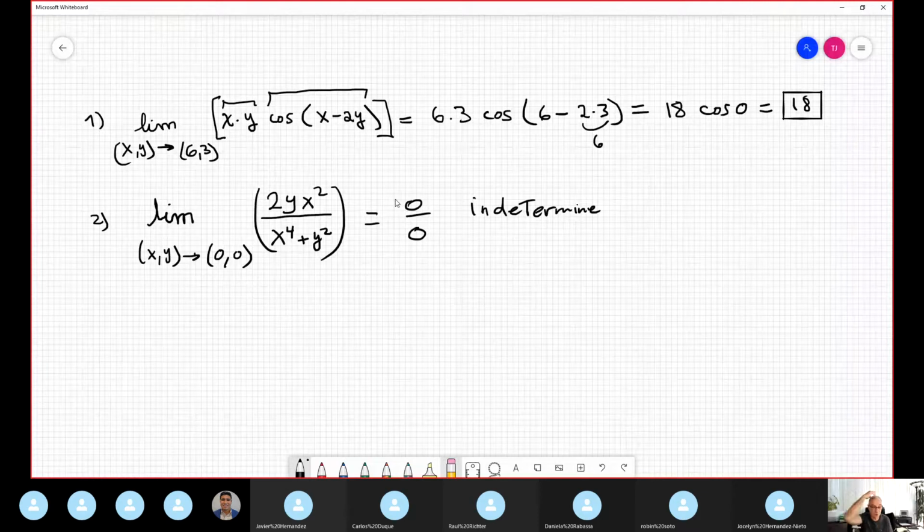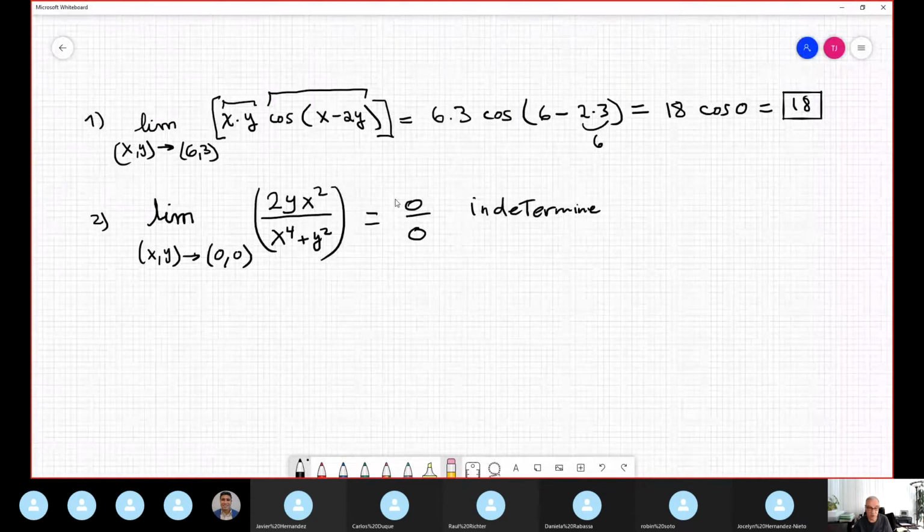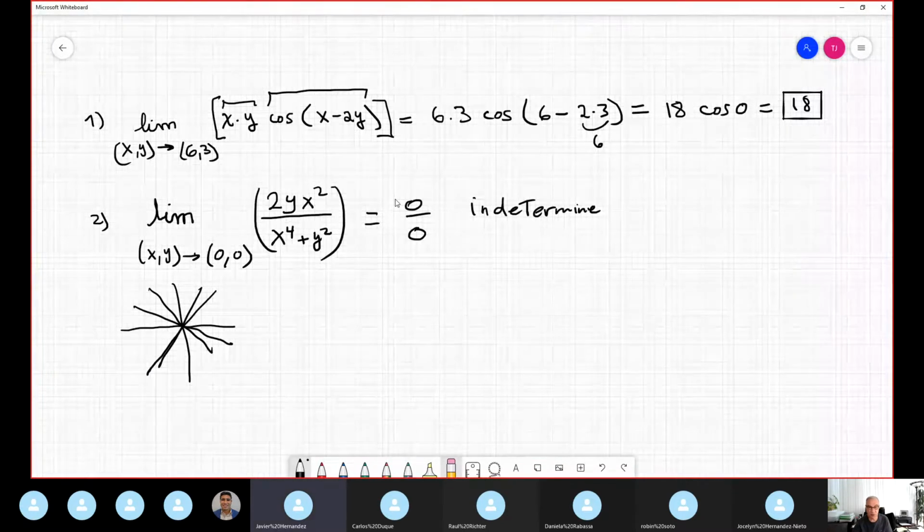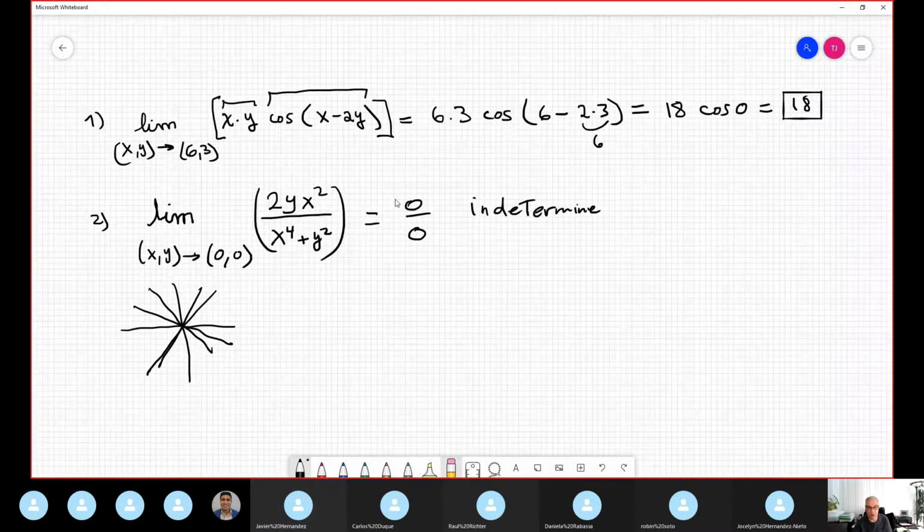To say, remember, we can approach it in different directions. Approach it on the x-axis, linear first. So, for example,